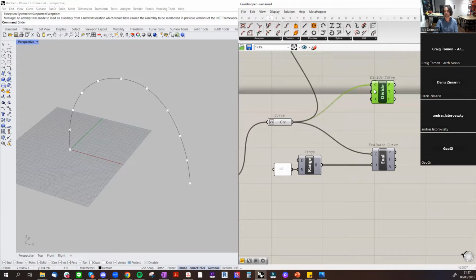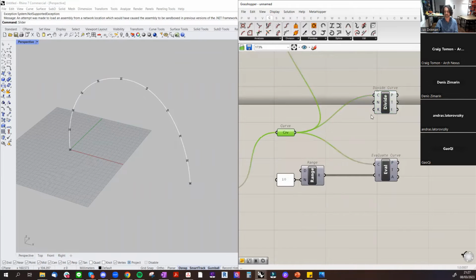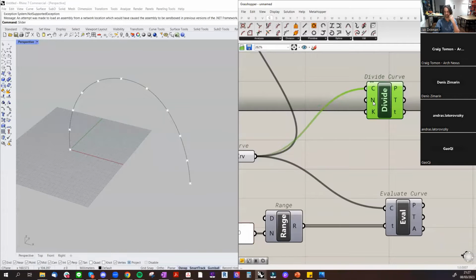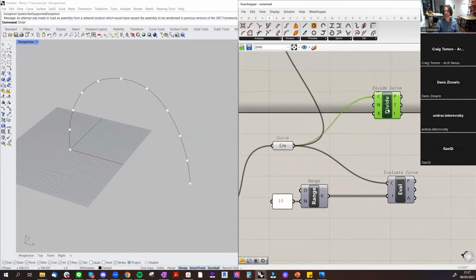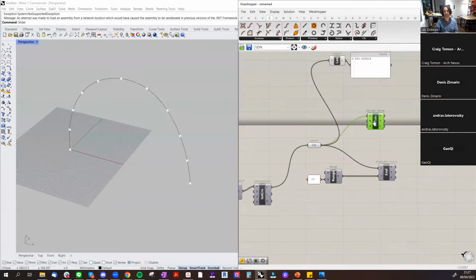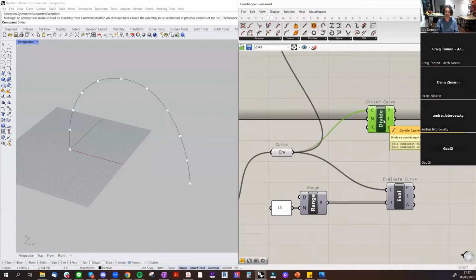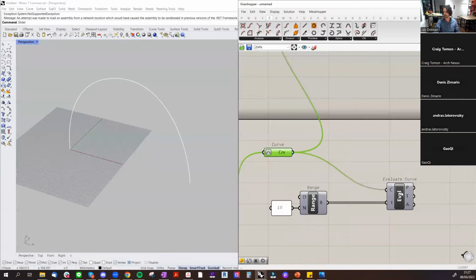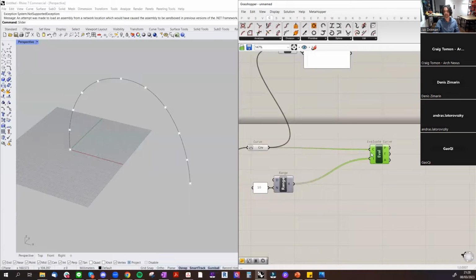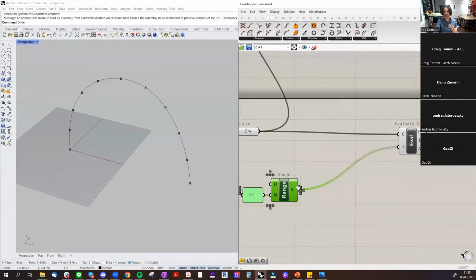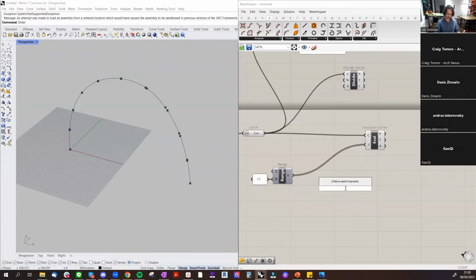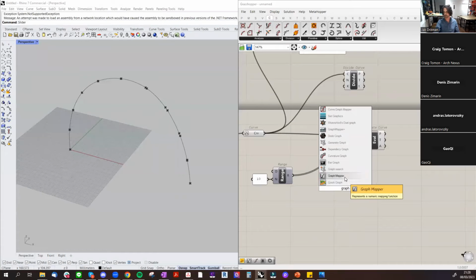We don't really get any control, or I can actually unparameterize this. This is doing a lot for me. It's already reparameterizing it. The n value is basically how many. So it's doing a lot of work for me already and reducing my control as a parametric designer just by using this divide component. By evaluating the curve like this, I'm doing the exact same thing as the divide, but in a way that I can control. And one of the reasons is we can do more advanced things like use graph mappers to take my